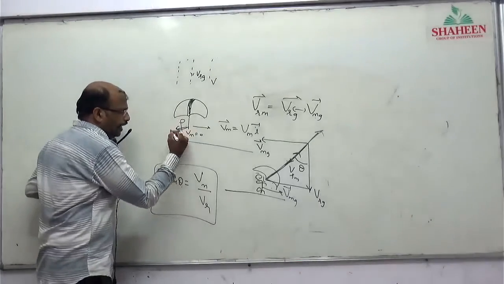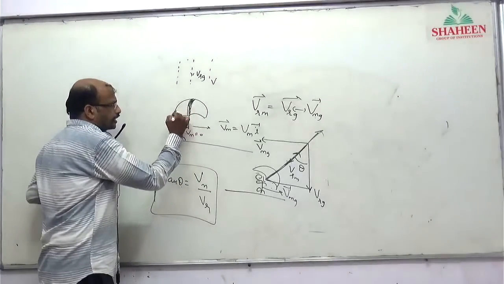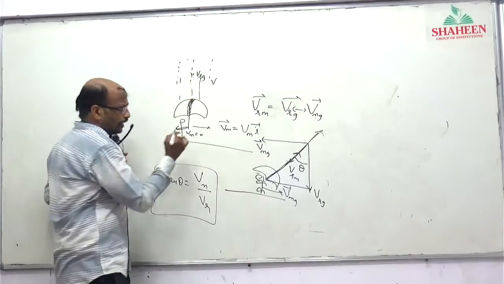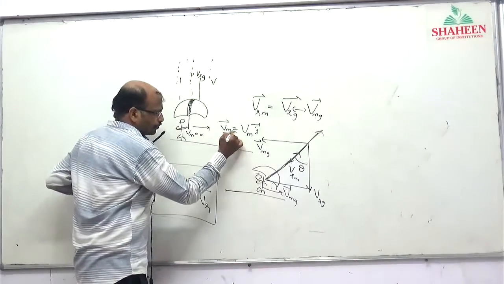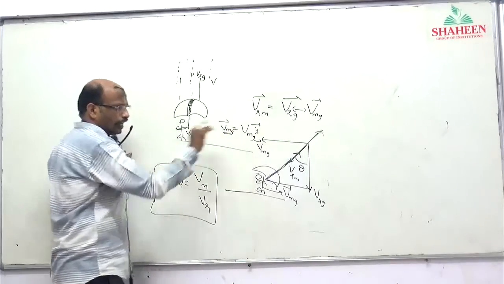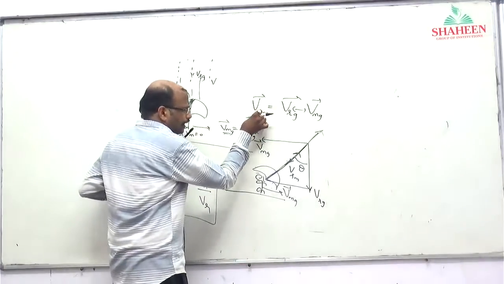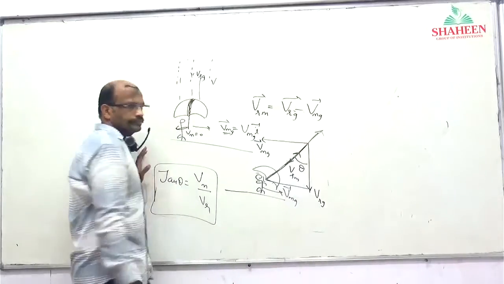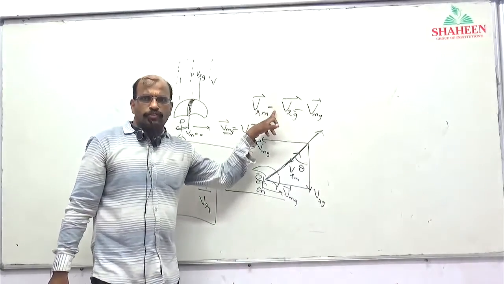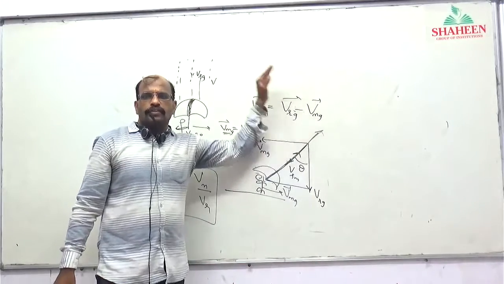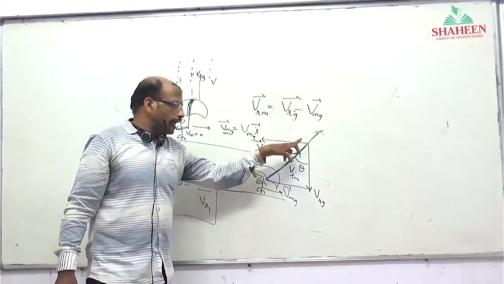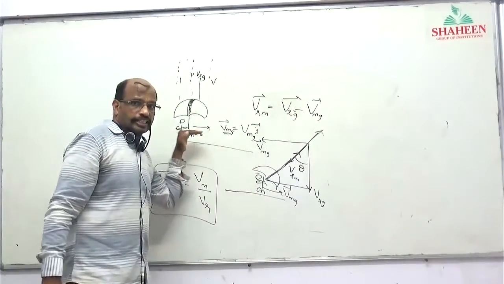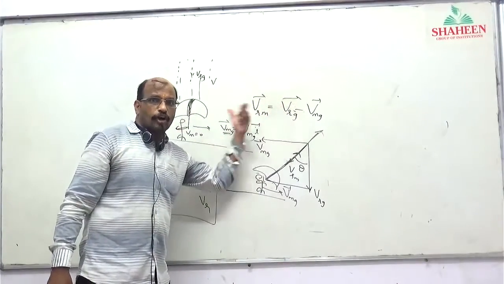See, initially man is at rest. Umbrella is held vertically. Rain is falling on the umbrella. When he runs with a velocity Vm in this direction, along i direction, velocity of rain with respect to man is what? Velocity of rain minus velocity of man. Simply, relative velocity of rain with respect to man is Vr minus Vm. Vr is vertically downward. I have drawn vertically downward Vr. Minus Vm means opposite to the direction he is running.